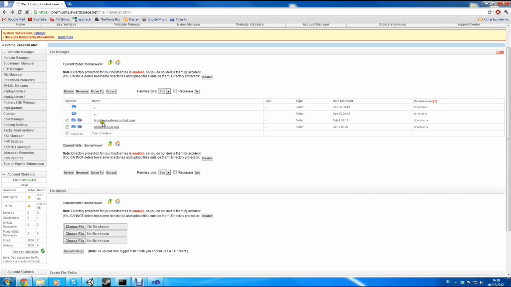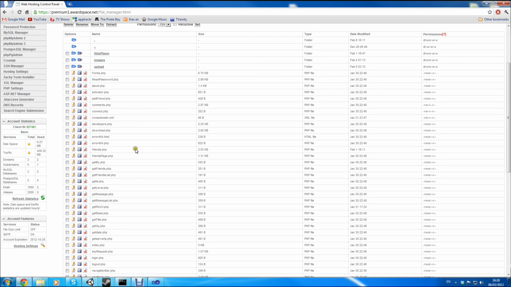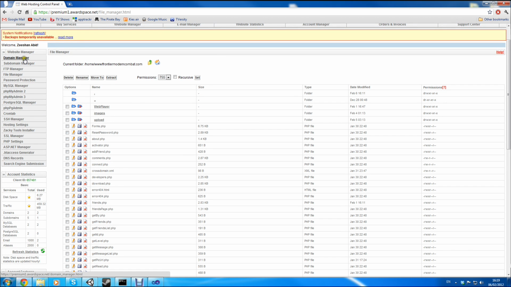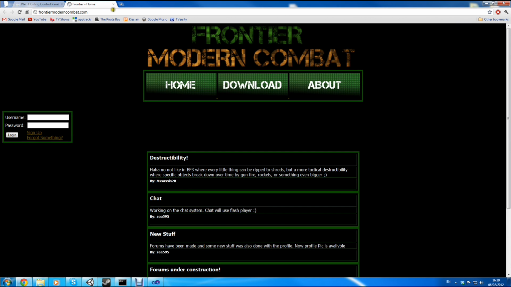I want to go to Frontier, and let's go to the error404.php. So copy that, or you basically know it off by heart, remember. Go to your domain manager, hopefully you created the domain. If you got a fake one, then it will say preview, click on preview. If you haven't, then just click on the link that's there, and you basically will arrive at your site,